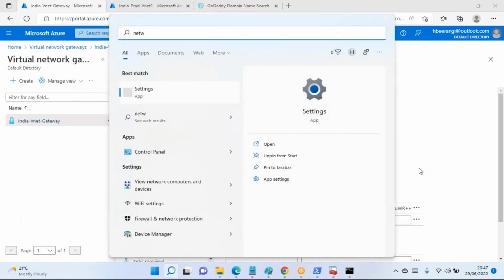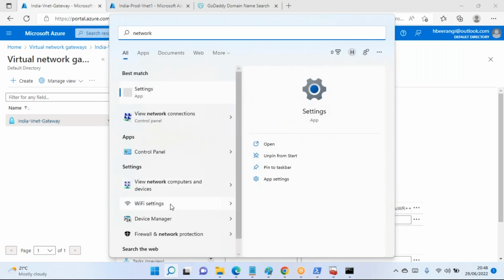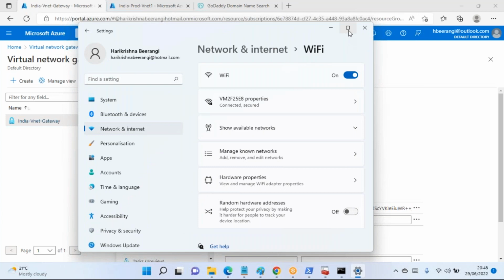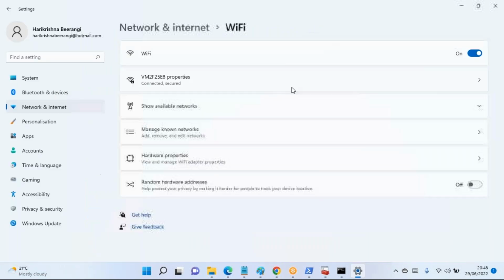Right, let me open in a different format. ఇప్పుడు కనిపిస్తుందా? ఇప్పుడు ఏం కనిపిస్తుంది చెప్పండి? వైఫై ఇప్పుడు చూపిస్తా ఉంది. కాదు కాదు, నెట్వర్క్ అండ్ ఇంటర్నెట్ వైఫై అని కనిపిస్తుంది ఇప్పుడు? Yes, కనిపిస్తుంది. Okay, now ఇక్కడ నేనేం చెప్తున్నానంటే,